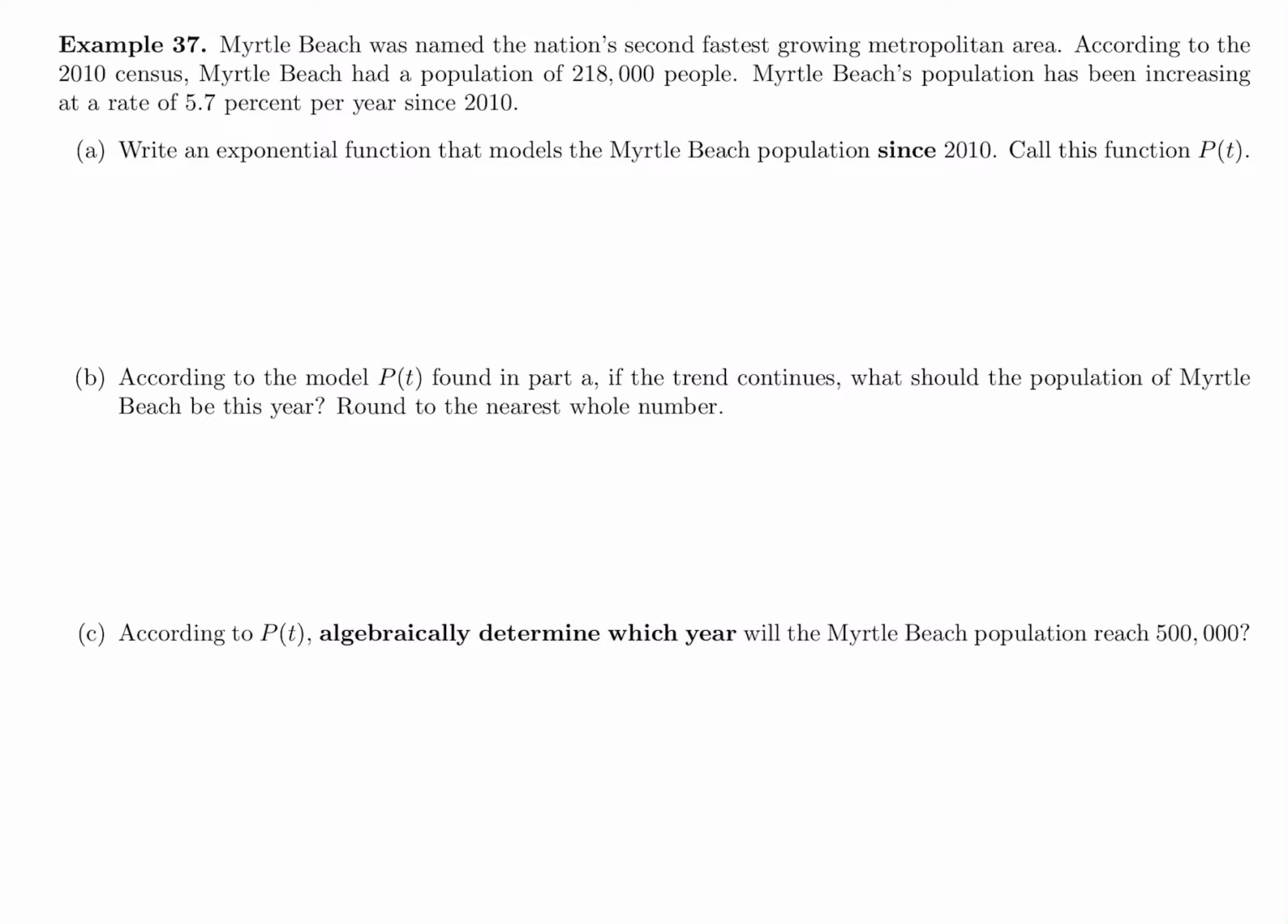Myrtle Beach was named the nation's second fastest growing metropolitan area, usually just after Austin, Texas. Myrtle Beach makes the list for being a fast growing population. According to a 2010 census, Myrtle Beach population was at 218,000 people, and the population has been increasing at a rate of